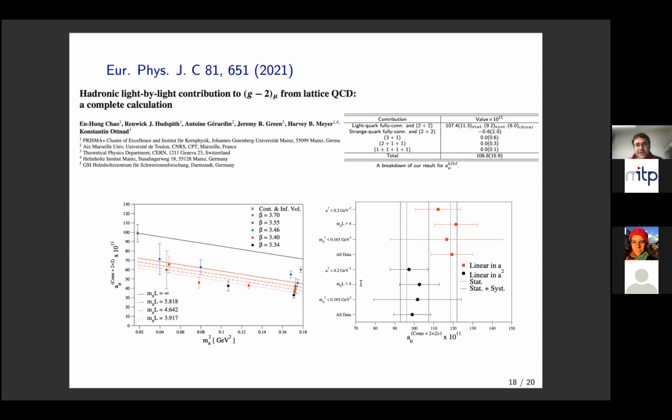For the Mainz result, I have this one slide here where I break out the separate diagrams, similar to what I've shown before. These subleading diagrams, you don't really see a signal for them, but you can bound them. And indeed, you bound them at a significantly smaller size than even the uncertainties of the leading corrections. But the interesting thing, again, is that you have these 7 in principle separate topologies. And once you calculate all of them, you're done.